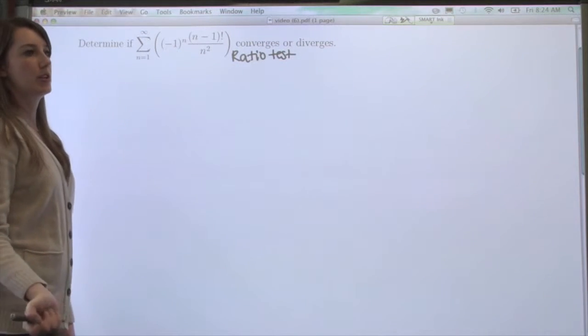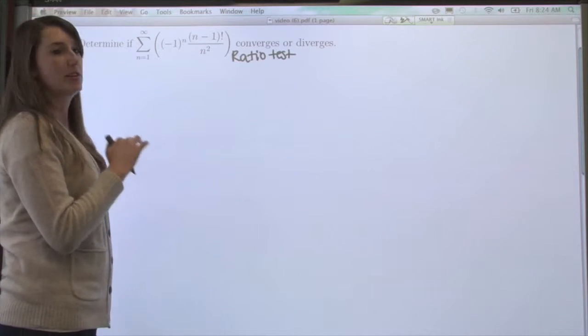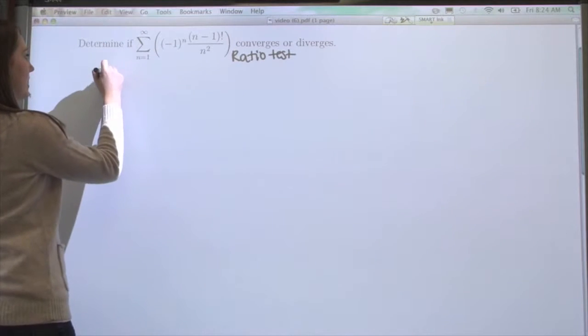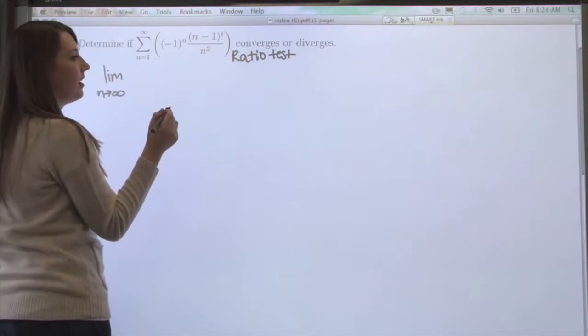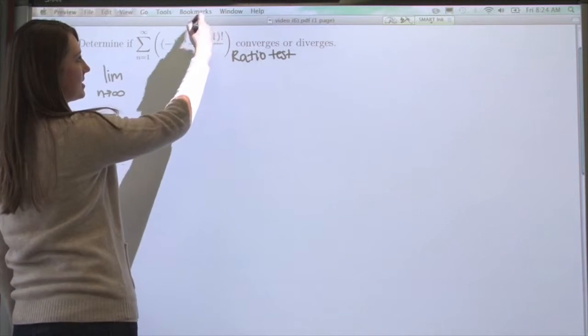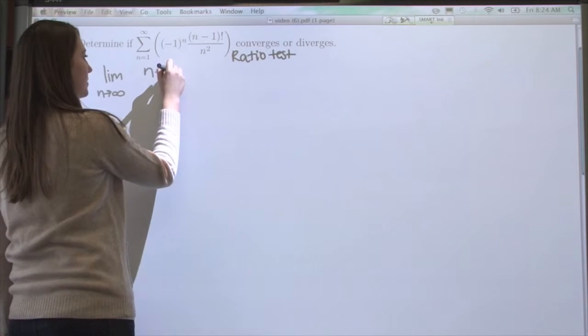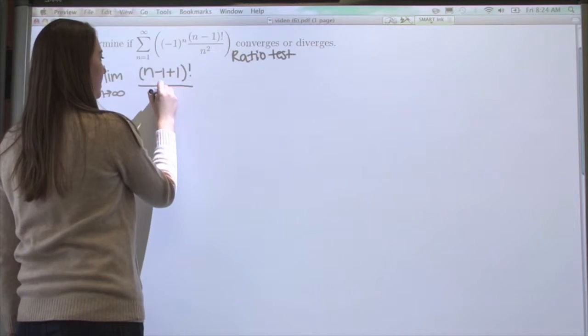Okay, so remember the ratio test. That's the limit as n goes to infinity of a sub n plus 1 divided by a sub n, all in absolute value. So let's start writing that. Limit as n goes to infinity of a sub n plus 1. So that's this, but where it's n plus 1. So that's n minus 1 plus 1 factorial divided by